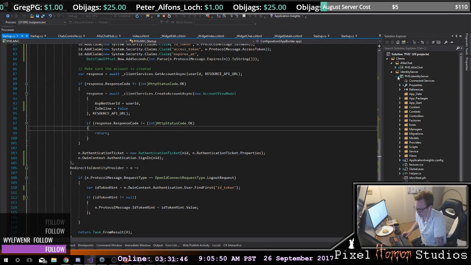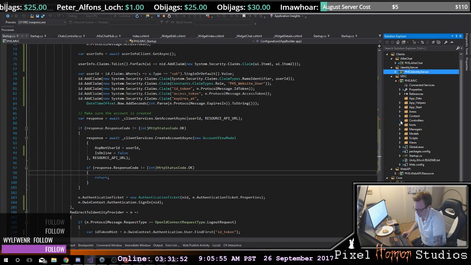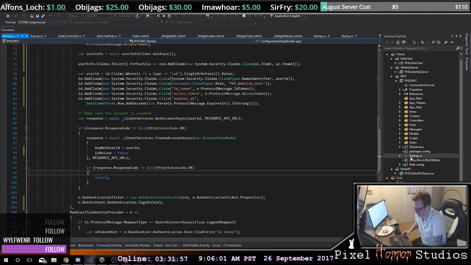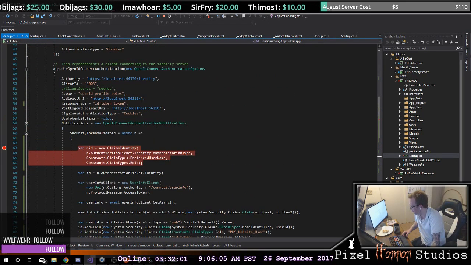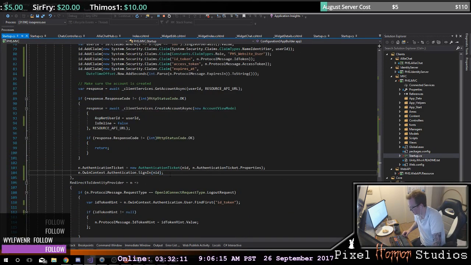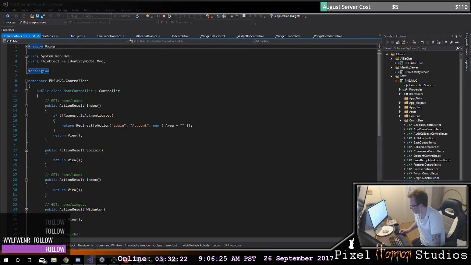Actually, we can do that real quick. If I look here at the MVC, because this was just working, and I look at where I'm getting my redirect here, which is inside of the startup. Post redirect URI is here. And here's where you're signing yourself in. And if you look down here at your controllers for home at index,